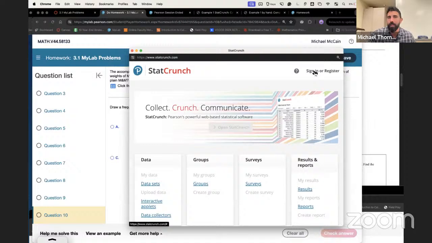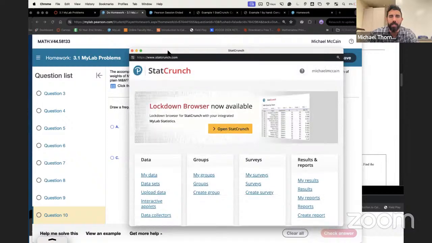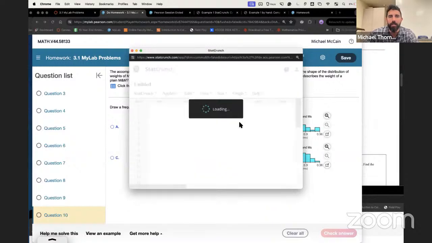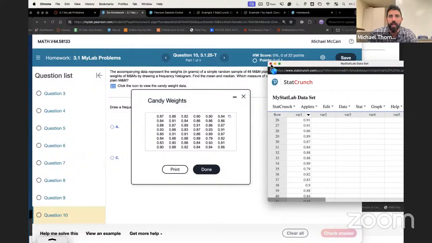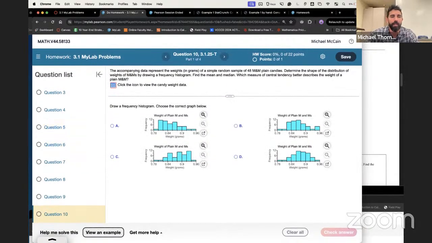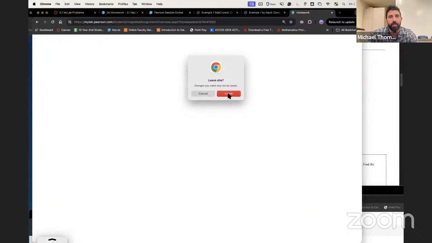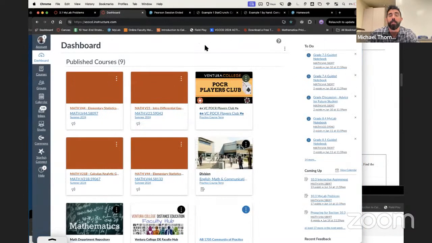Oh, okay. So I accidentally got signed out, so let me sign back in again. You should only need to sign in once a day. Okay, so now that I'm in, if I click open in StatCrunch, it loads all the data in. And then you can use that with the instructions in the interactive assignment to figure out which of these graphs is correct. You can see the buttons down here are all the same. Play around with it. If you've got any questions, let me know. My teacher account's kind of messed up. In any case, I think I will leave you with that. And if you have any questions, make sure to reach